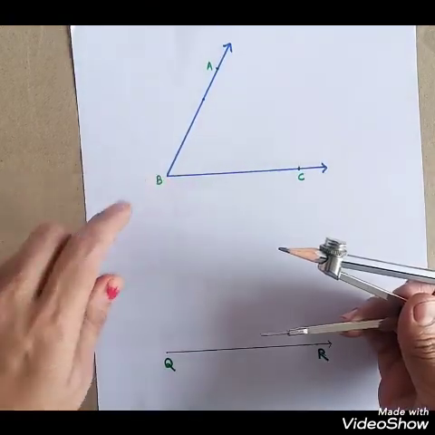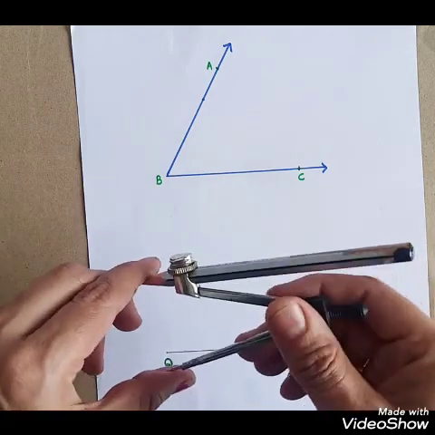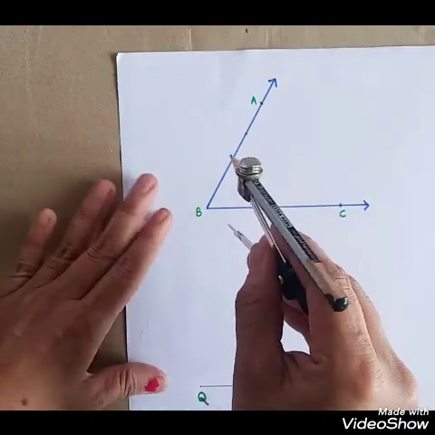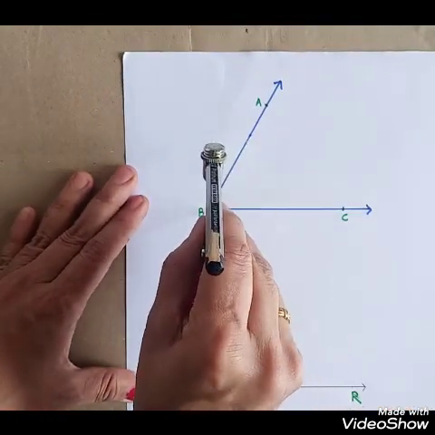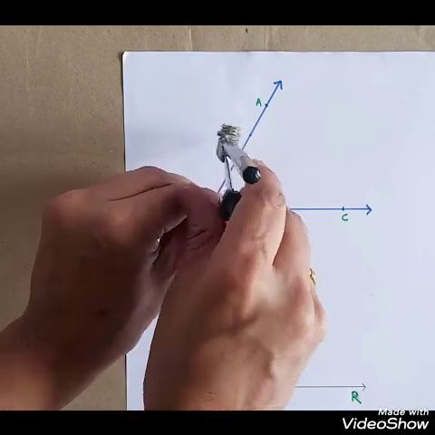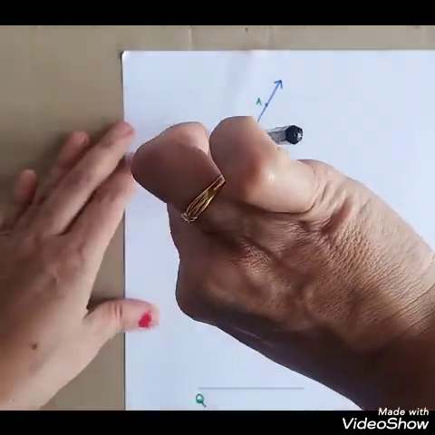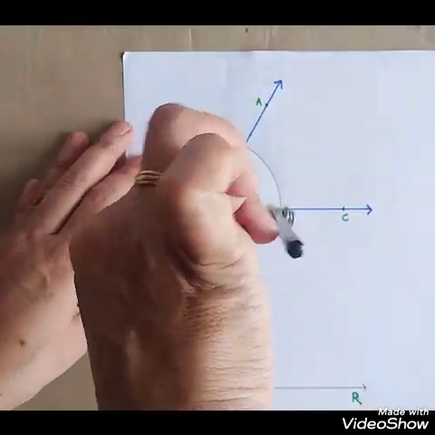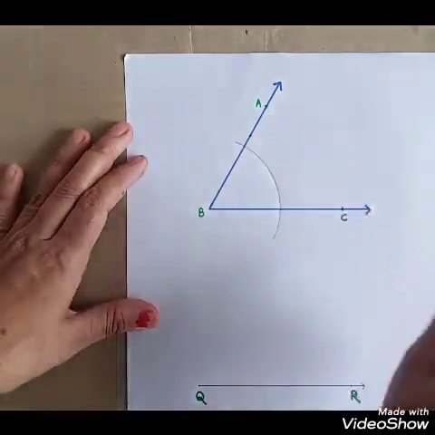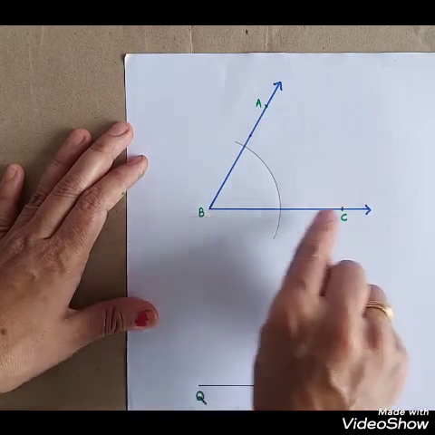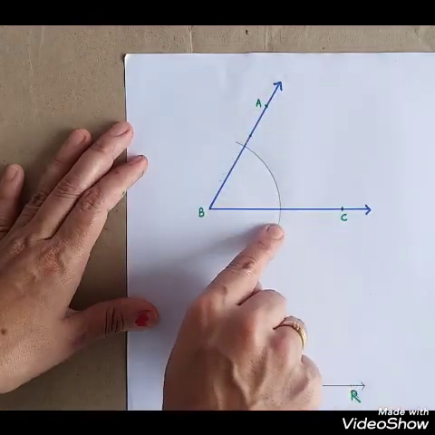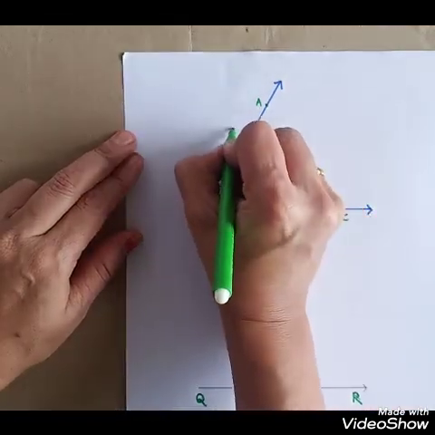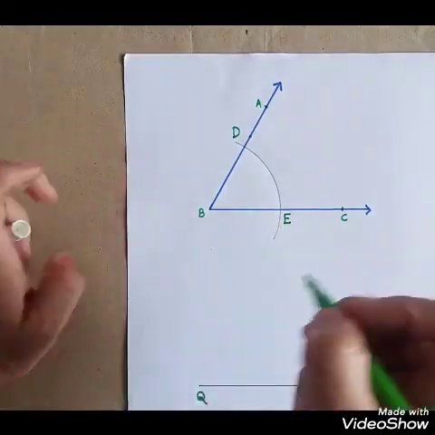बघा मुलांनो, आपल्याला ह्या मापाचाच इथे काढायचा आहे. So first what we are going to do, place the point of this compass at point B, and at a suitable distance we are going to draw an arc which cuts these arms or these rays AB and ray BC. बघा मुलांनो, आपण या ठिकाणी कंपासच्या साहाय्याने रे AB आणि रे BC या दोन्ही रेला कट होईल असा एक आर्क या ठिकाणी काढलेला आहे. आणि आपण ह्या पॉइंट ऑफ इंटरसेक्शनला नाव देणार आहोत. दिस इज पॉइंट D and this is point E.